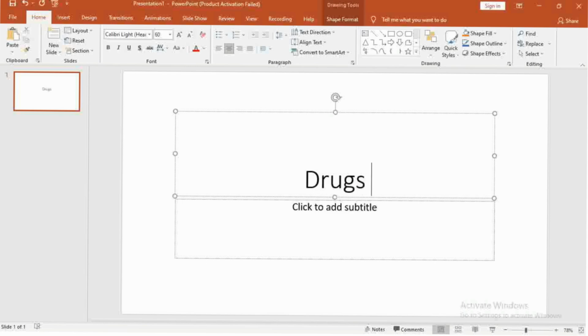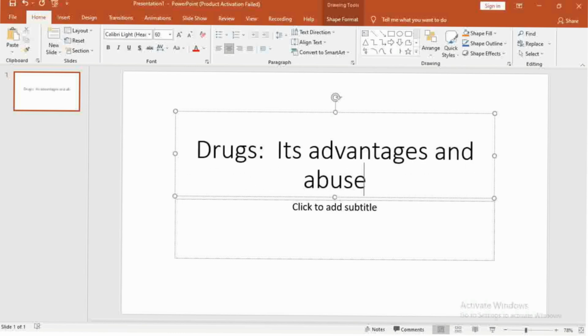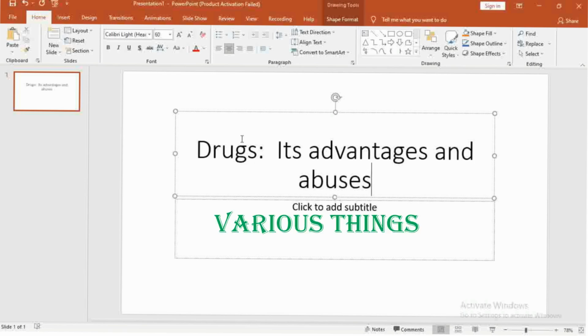You want to create a presentation that is going to be based on drugs and the abuse of drugs. So drugs, its advantages and abuses. Okay, now in PowerPoint, when you have a text, you can do various things with text. So what are the various things you can do with your text? First,